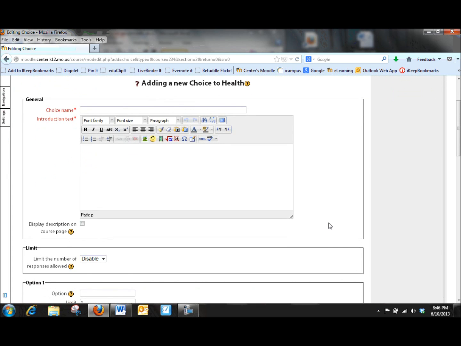You'll also notice the red asterisk fields as the required fields. The choice name that you enter will be the link from the home page, and the choice text is the actual question you will want to ask of your students. In my example, for my choice name, I gave "What is your preferred exercise?" and the introduction text is just about discussing healthy habits,